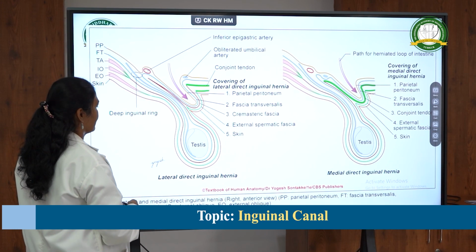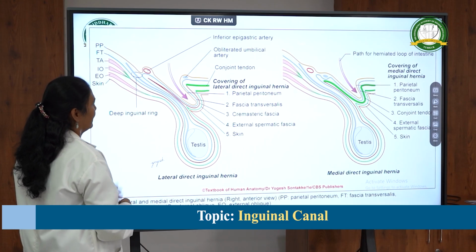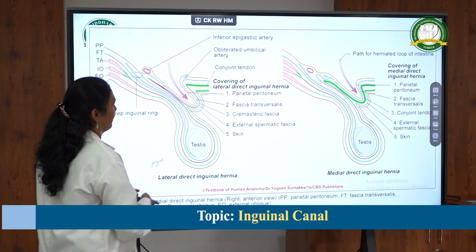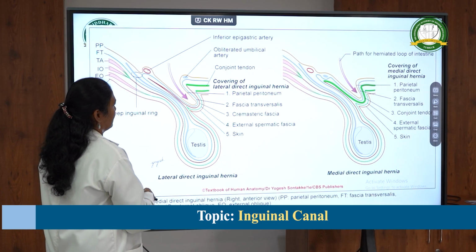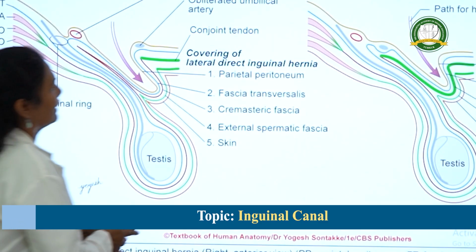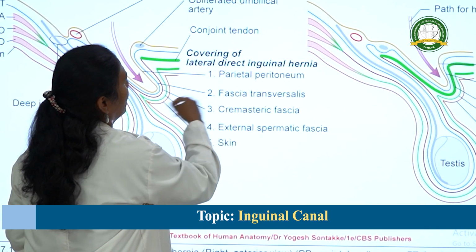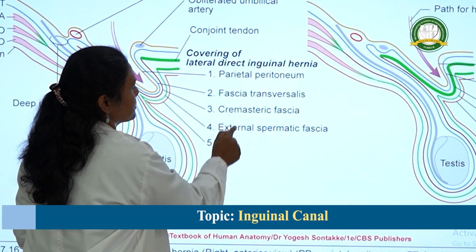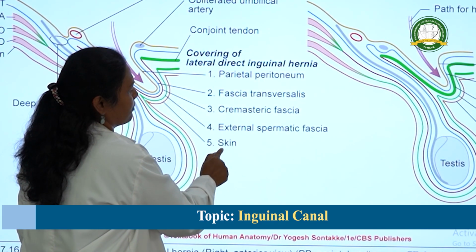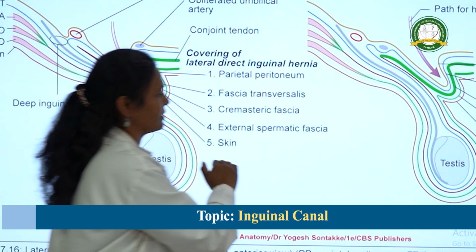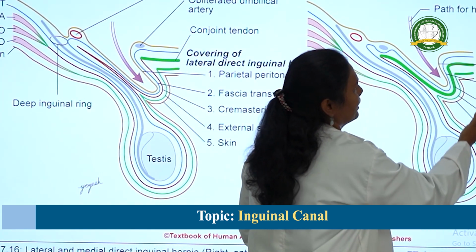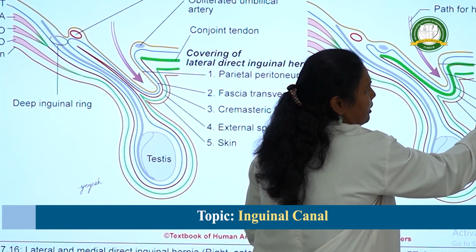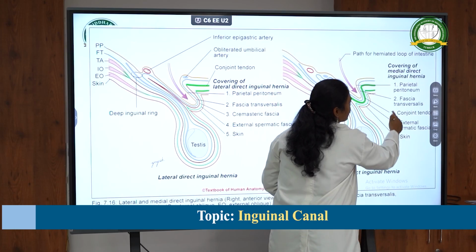So what are the coverings of lateral direct inguinal hernia? From inner to outer, it is the parietal peritoneum, fascia transversalis, cremasteric fascia, external spermatic fascia and skin. Whereas in case of medial direct hernia, the coverings are the parietal peritoneum, fascia transversalis, but it is the